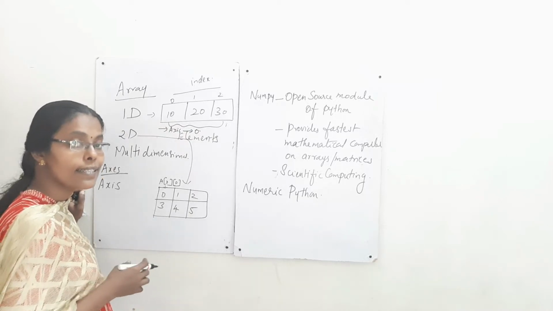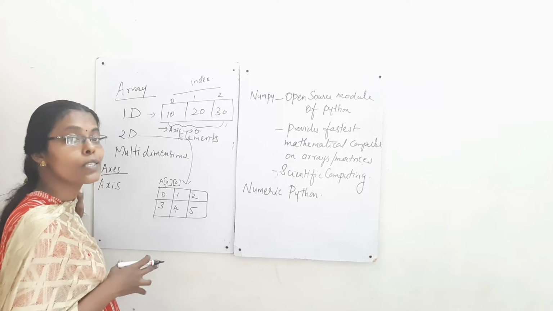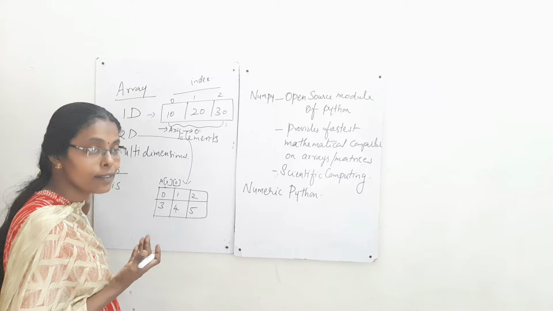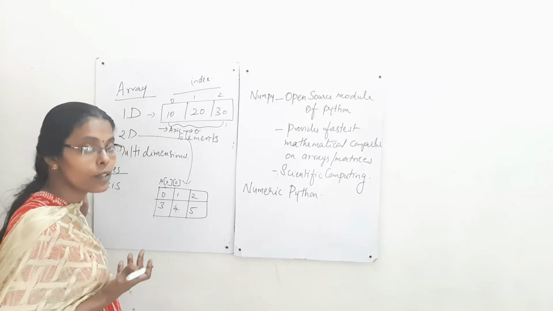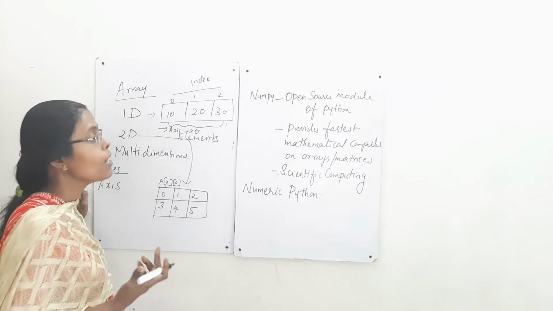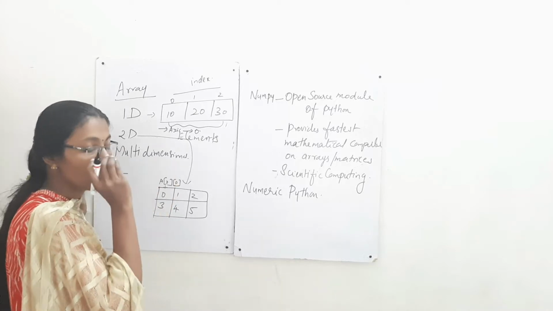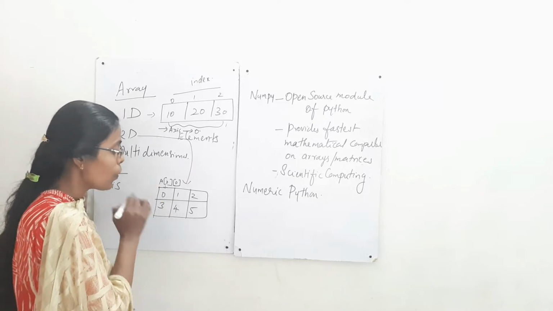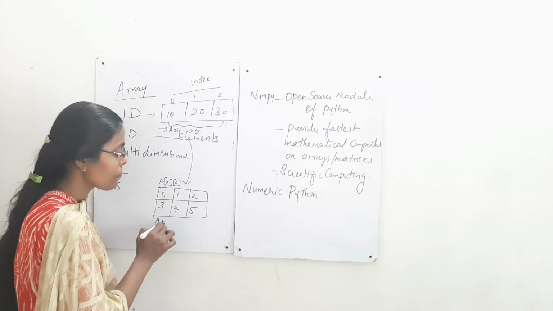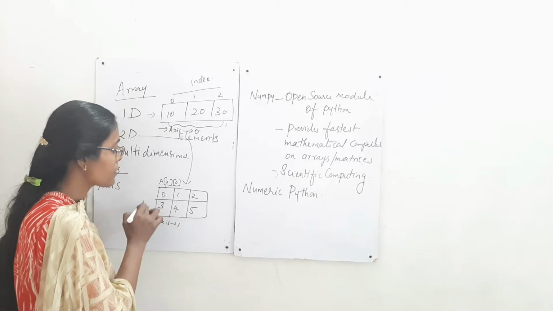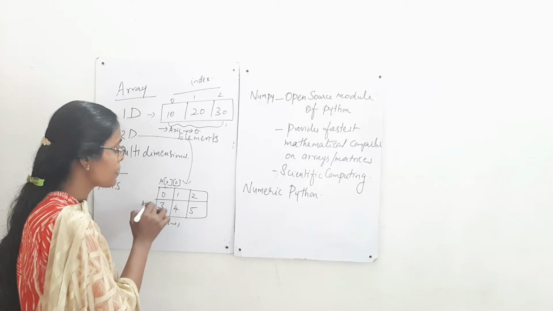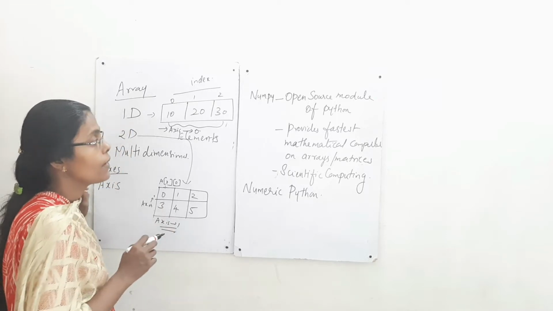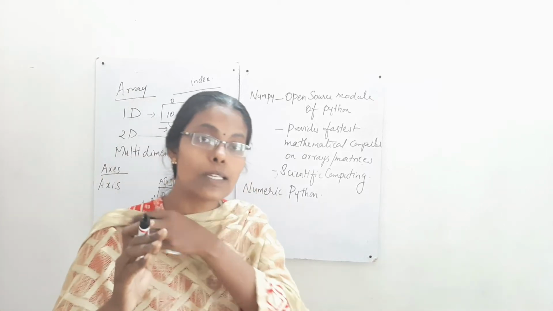Because what is axis? The dimension of the array is known as the axis. We know that there are different types of arrays in Python. One dimension is there, two dimension is there, multi-dimension is there. So the number of the dimension of the array is known as the axis. Okay, so here what happens is axis 1 and axis 0. Okay, so here the axis is 1. Like that way the dimension of the array is known as axis.